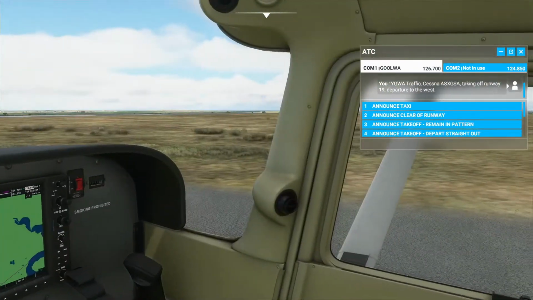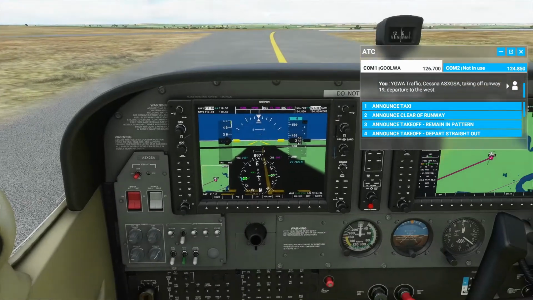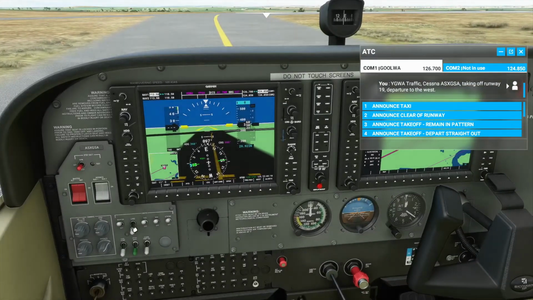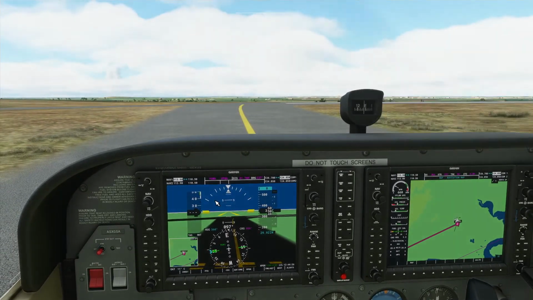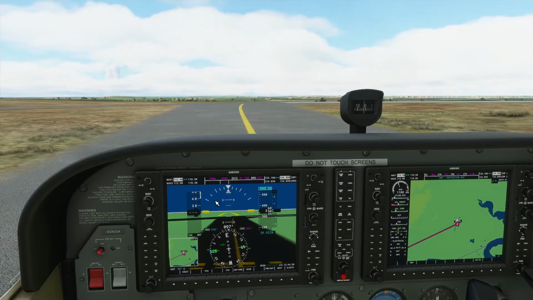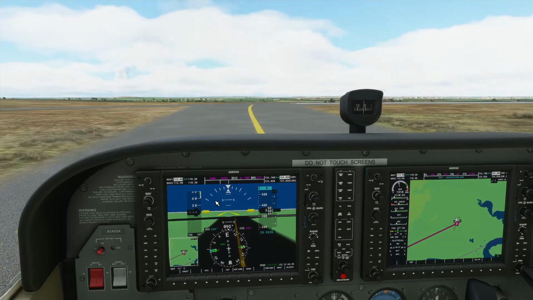All right, I haven't heard any other traffic on the radio at the moment, so I can't see anything coming in. We will put our landing lights on, turn our taxi light off. We might put the fuel pump on for takeoff. We don't need pitot heat because it's not actually warm enough. So let's roll out here. We'll give ourselves one stage of flaps,